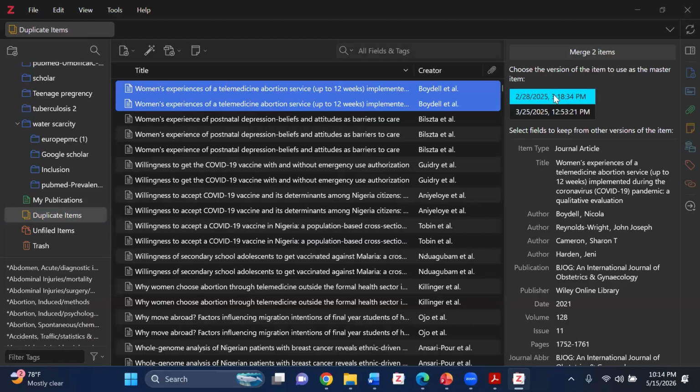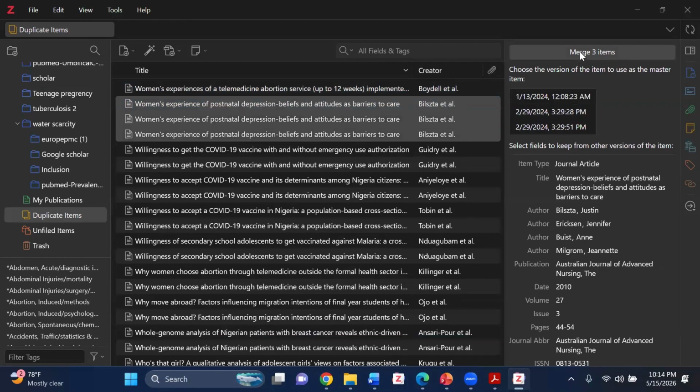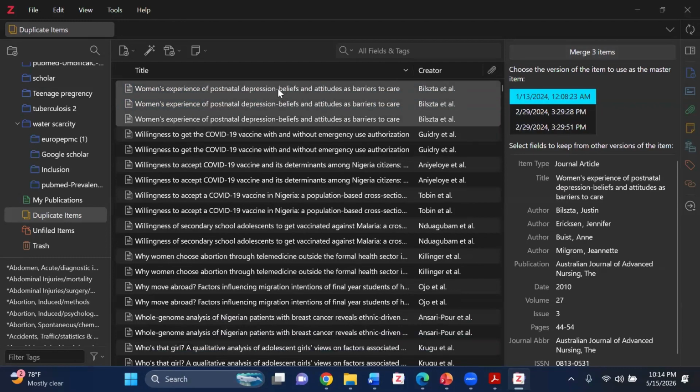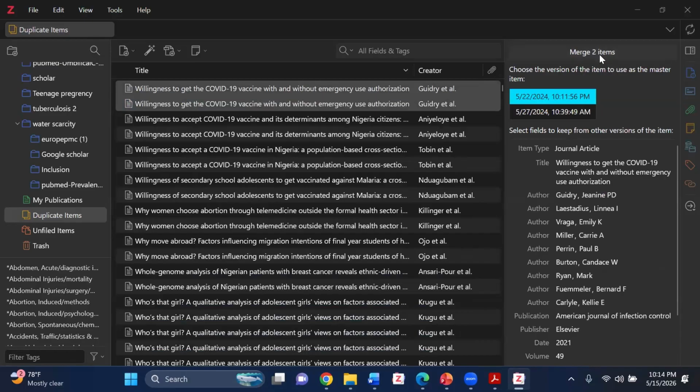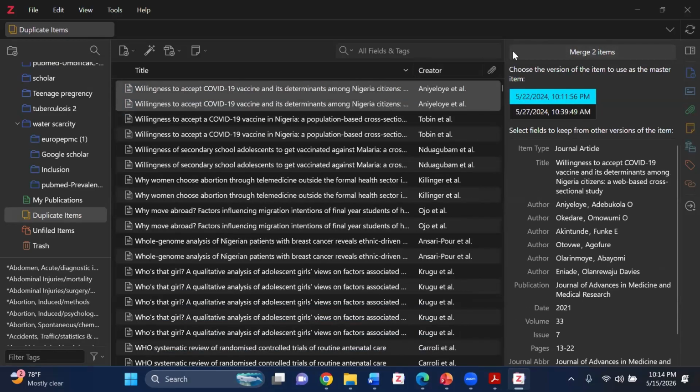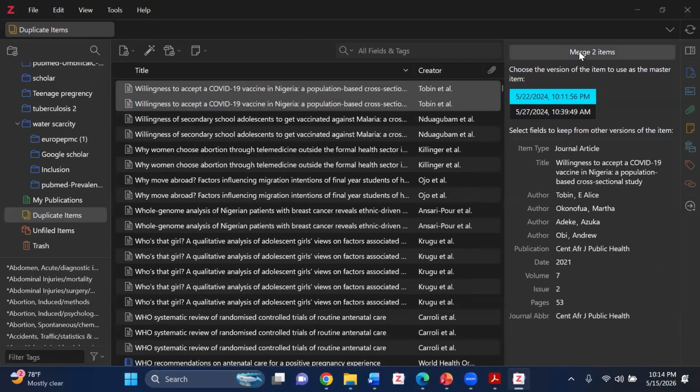Look at the first one. When I got the first one, it was 28th February. This one is 25th March. So I can check which one looks better, or I can just merge the 2 items. This one has 3 duplicates. Merge 3 items. I'm merging them now. This is how you deduplicate. To make it faster, I will keep merging till I'm done merging all